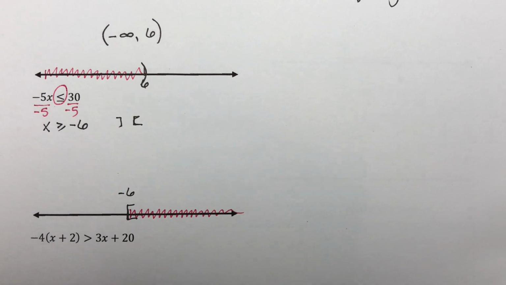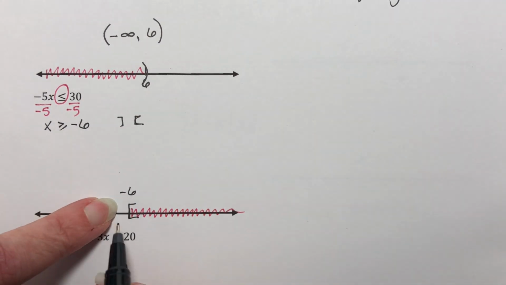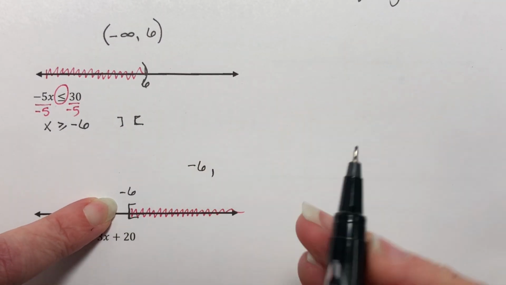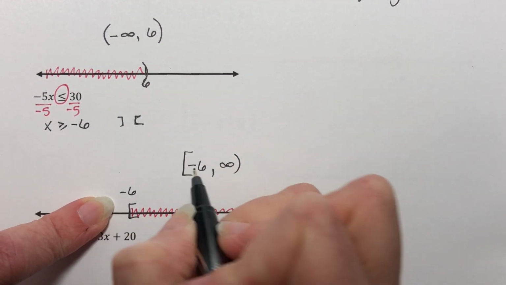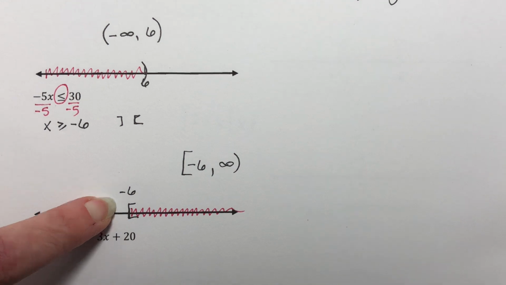Okay, and then for interval notation, my left-hand boundary is at negative 6, and it continues up forever or off to infinity. Bracket. Okay,